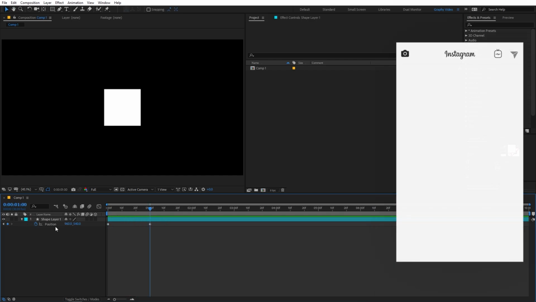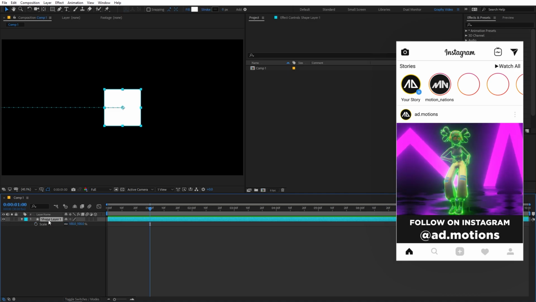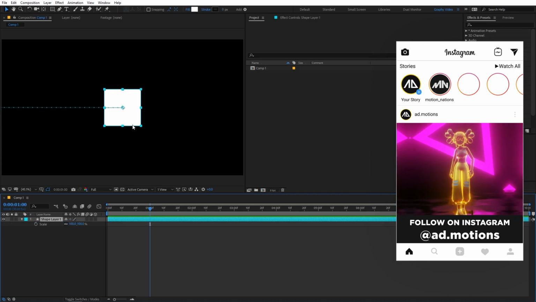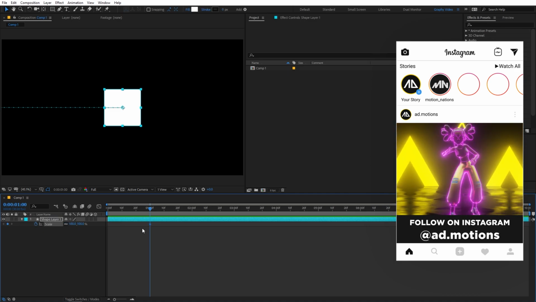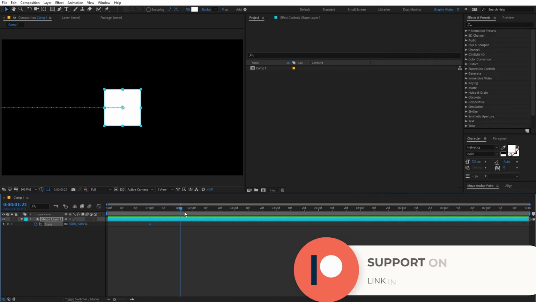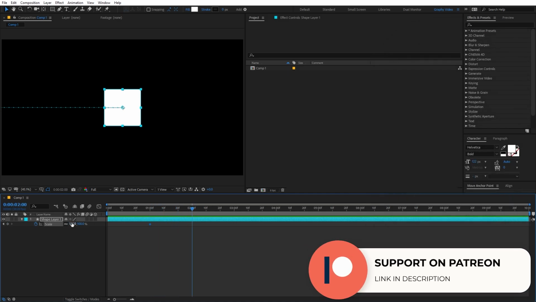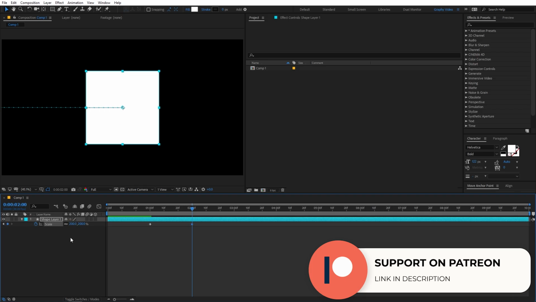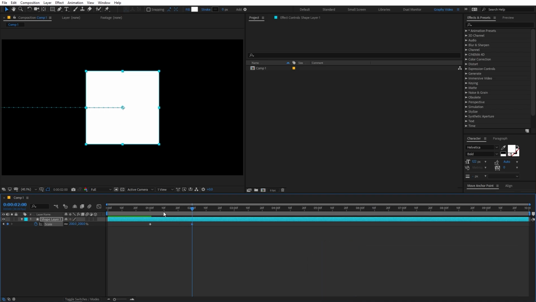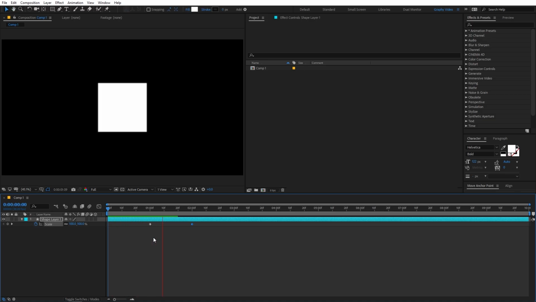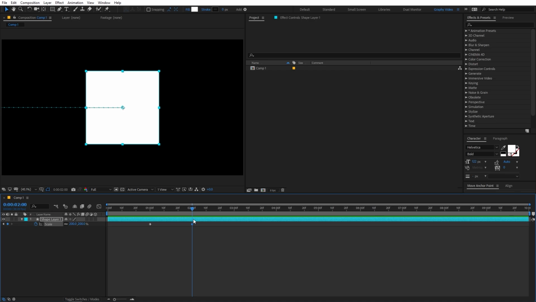You can animate more properties. Let me select the layer, then press S. Now we are going to scale this up. I can add a keyframe over here, move my indicator to somewhere around 2 seconds, and then change the value to something like 200%. Now if I play back, you can see the shape comes in, and after that it scales. This is the very basics of animation.